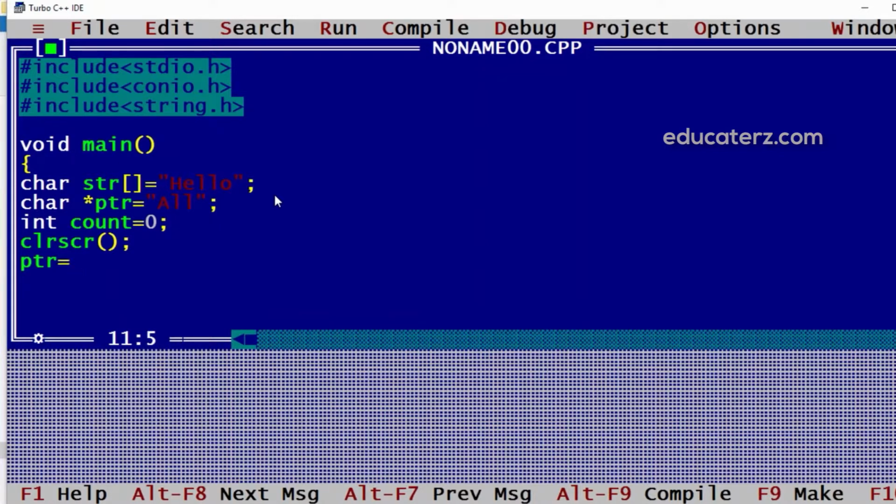It is ptr equal to something else, say "done". So here we can reinitialize this, and after reinitialization if I display, I'll get the new value. %s, and I'll put ptr here.